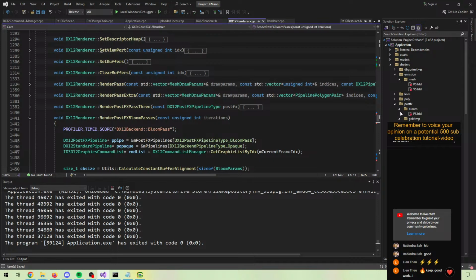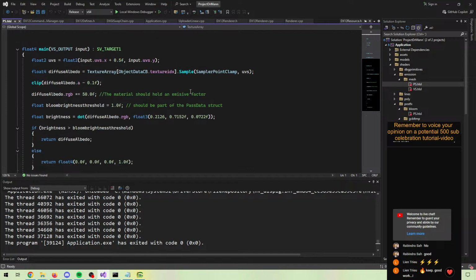So whenever we do, for instance, emission rendering here, whenever we render this to the texture, we should simply downsample it, and we will reduce the amount of pixels that need to be processed in the bloom passes by a factor of 4